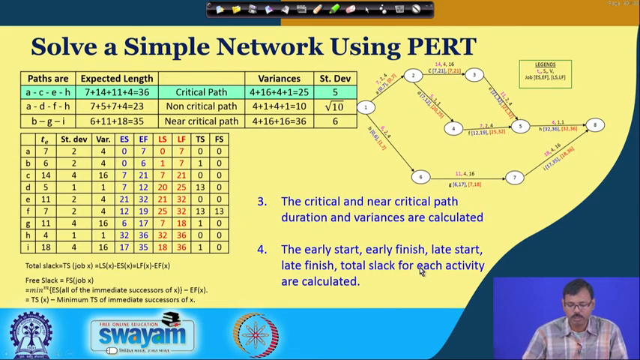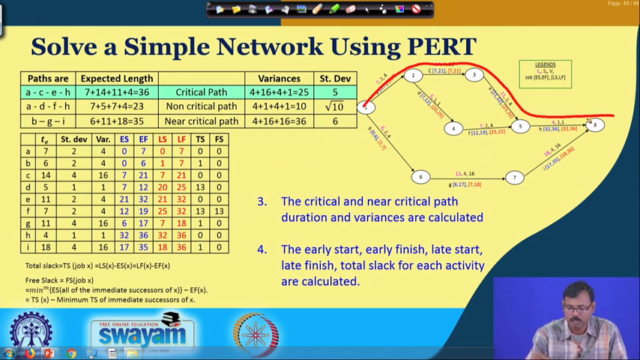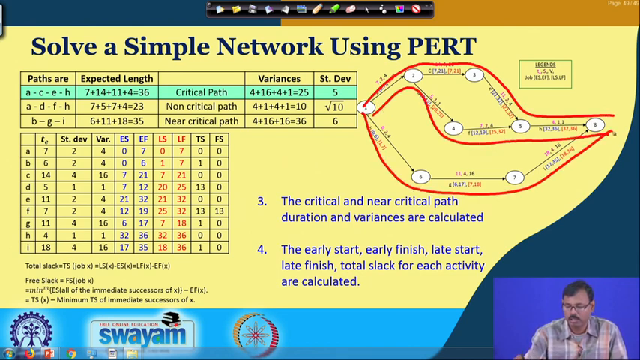Now, next is that we have to find out the critical path, near critical path. So, let us find out how many paths are there. We are having one path, we are having another path and we are having that third path. So, all these three paths are there, and ACEH is having the critical length of this one, where we mathematically summed up